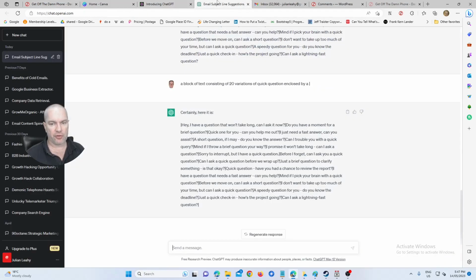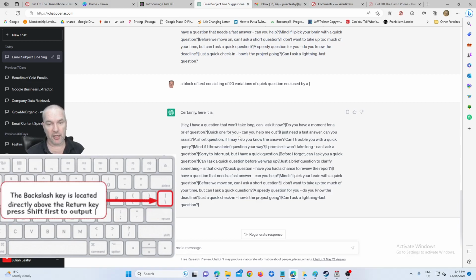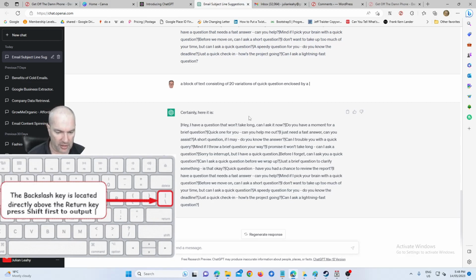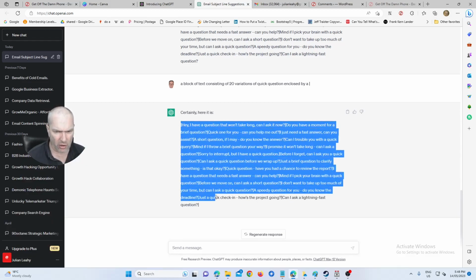So you go over to ChatGPT. Now, you might say, "quick question," and that's going to be your introduction on the email. What I've typed into ChatGPT is this prompt: a block of text consisting of 20 variations of "quick question" enclosed by that particular symbol. That means we can just copy this and paste it in. So I'll show you. A block of text consisting of 20 variations of a quick question enclosed by that particular character, which is on your keyboard. Now we can just copy this whole thing